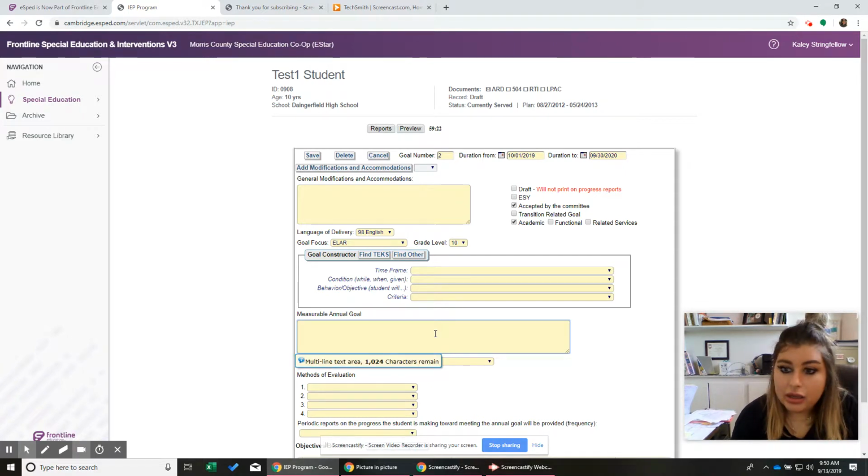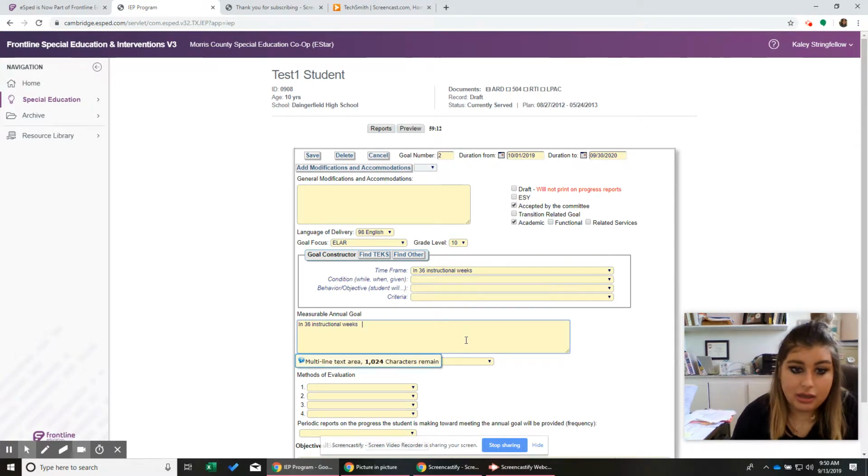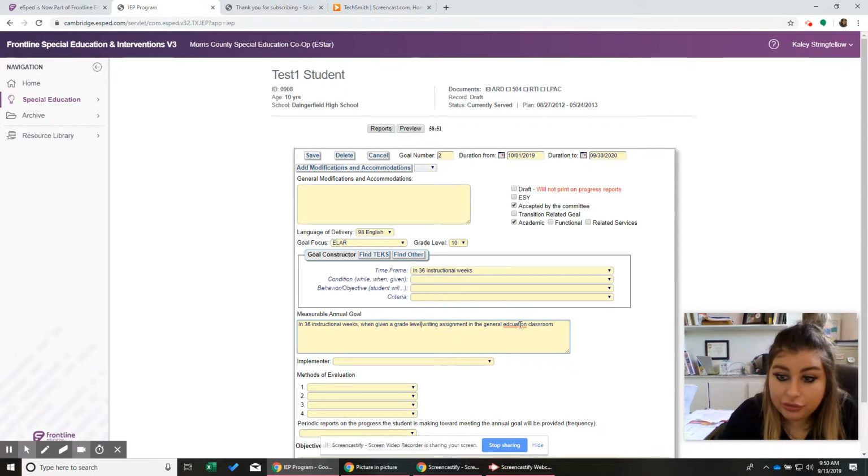So we're going to say, when given, I would look for, see, by the end of 36 instructional weeks, when given a writing assignment, and they're in general ed for this, so we can say in the general education classroom, given a, let's change it to grade level, because this student is doing grade level writing, but they're just doing a little bit less because that's just what they know how to do, so that's okay.